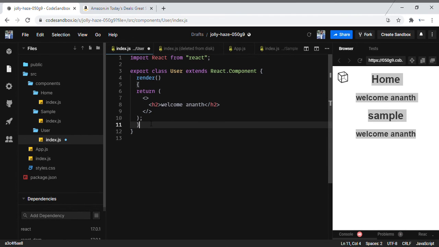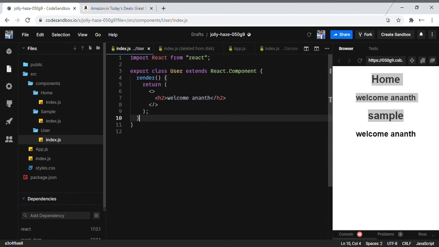If you see, in the class component this is the basic syntax. Export is nothing but if you want to use this component in some other class, you have to give export. But if you're not using it anywhere, you can remove this export. So you have the class keyword and the class name. The class name is user here. Then you should extend this class name with the extends keyword, and you give React dot Component, which supports the class structure.